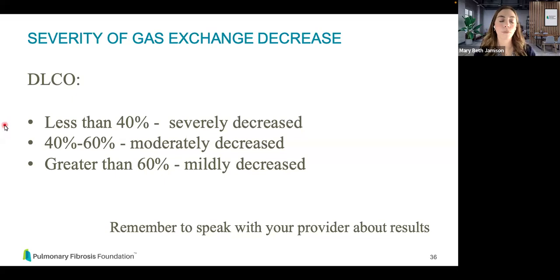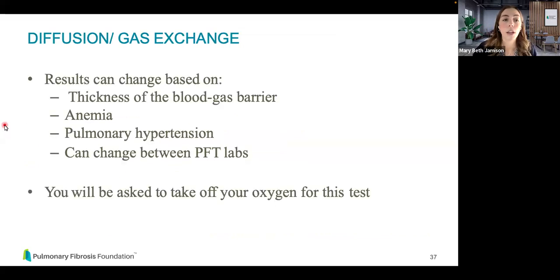You might get your pulmonary function test report and see that trended studies section and see a pretty big drop. Well, there's a lot of things that can affect the DLCO. For example, the thickness of the blood gas barrier, which in pulmonary fibrosis is usually a little bit thicker. But there's also anemia, which can change the results of your pulmonary function test, pulmonary hypertension, and also